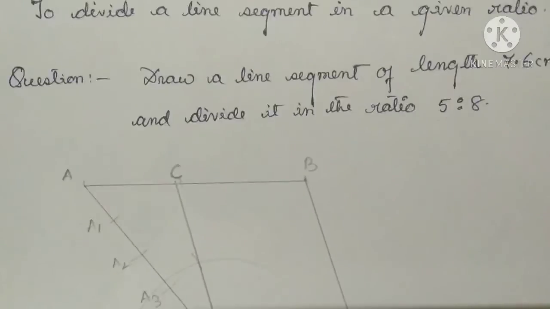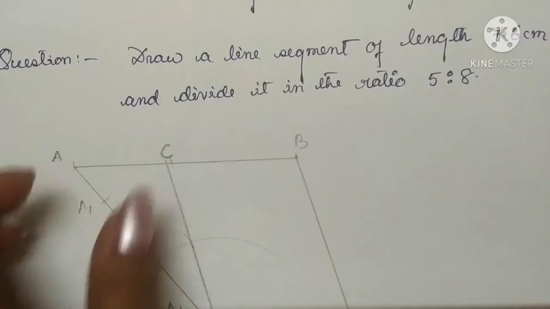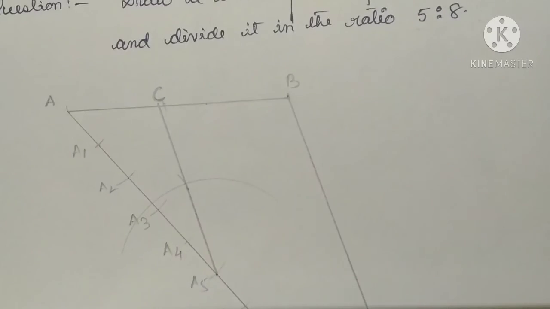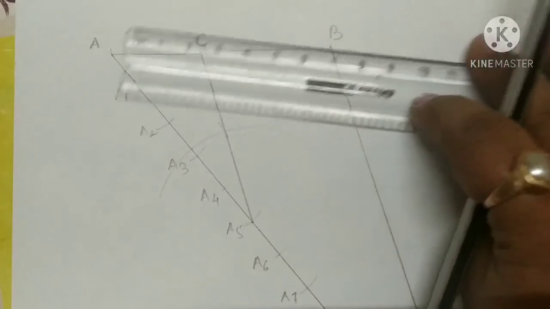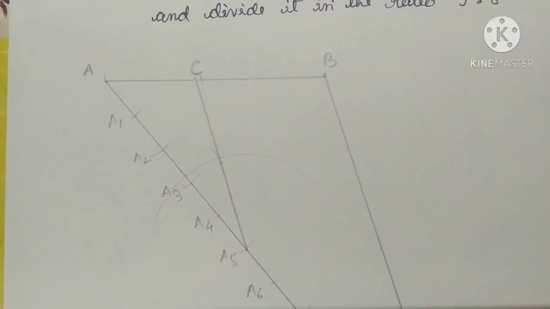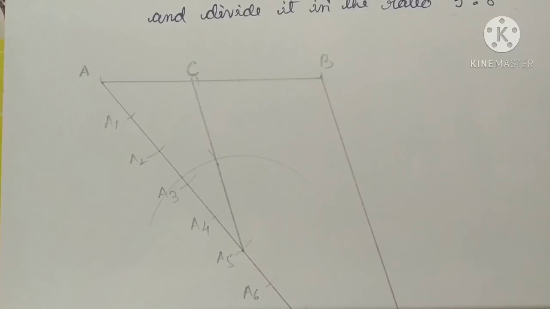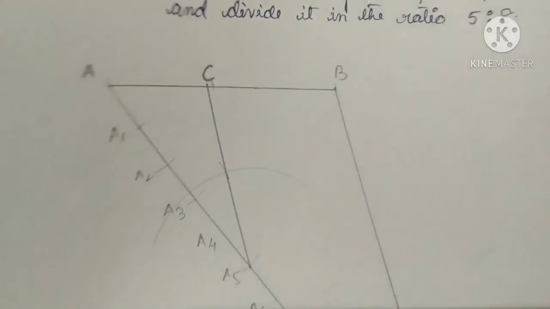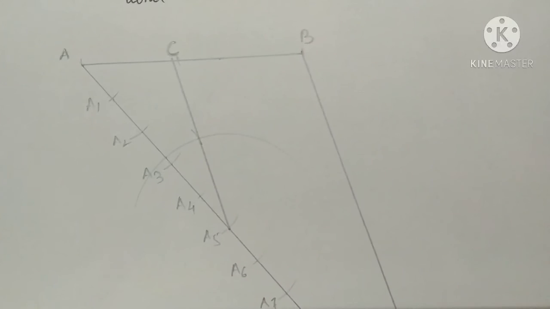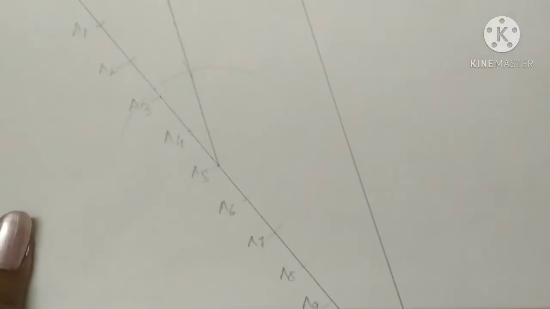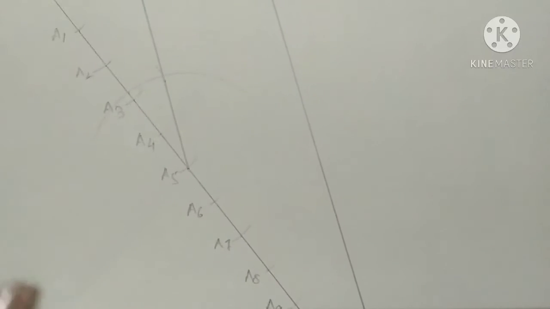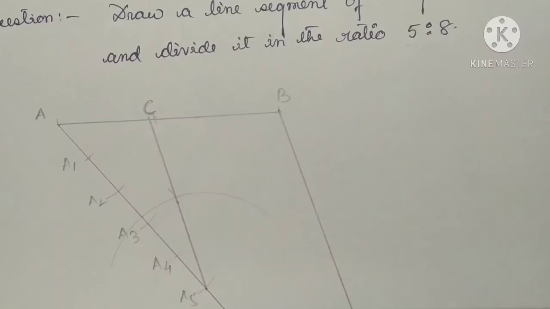So after doing this construction, you'll measure these two parts, and then you have to write the steps of construction also. Okay, the steps of construction I am repeating once again. First, we draw a line segment AB of length 7.6 cm. Through A, we draw a ray AX in such a manner that angle BAX is an acute angle. Okay, then we are locating